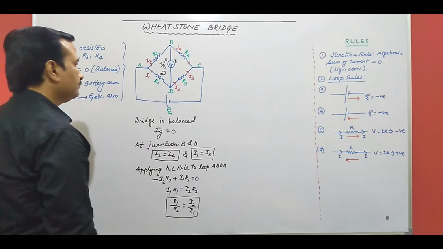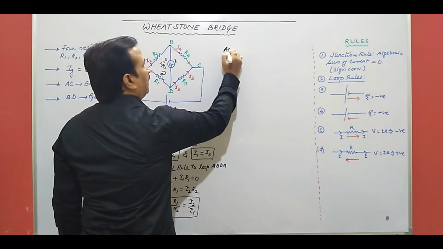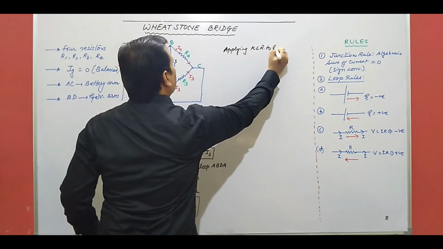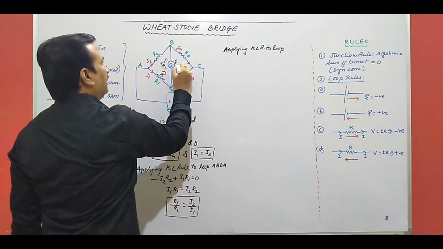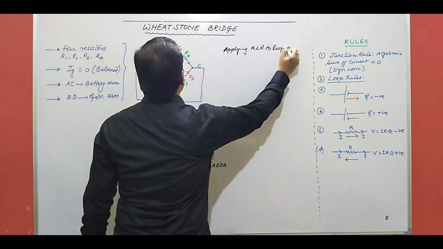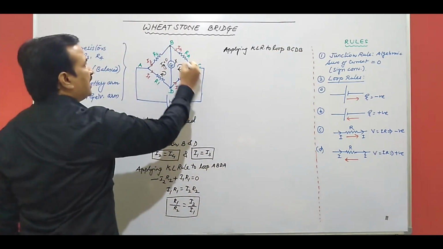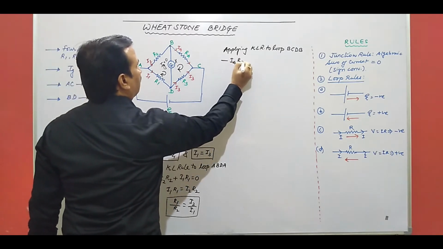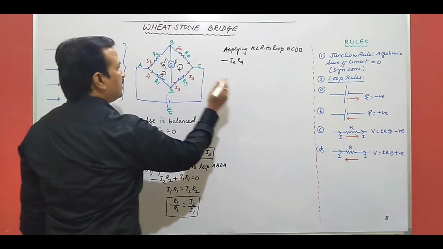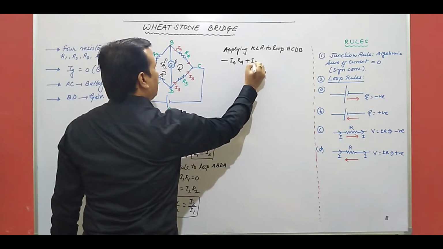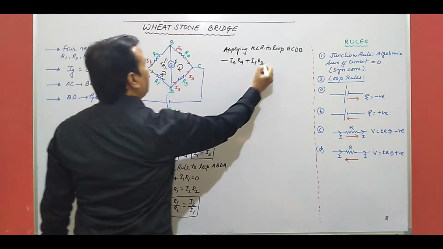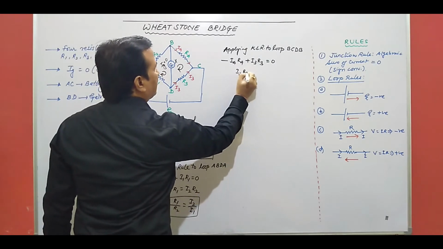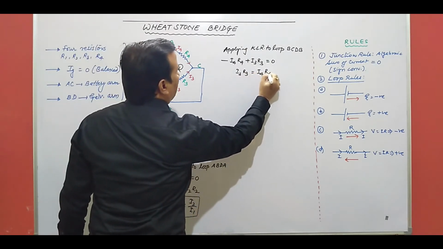Okay, now applying Kirchhoff's loop rule to this other loop. Now we will take this one, B C D B. We start from here, since we are going in the same direction, so I4 R4 with minus sign. Here we are going opposite to the current, so plus I3 R3. Here there is no current, so it is 0, which is equal to 0. So we will get I3 R3 equal to I4 R4.